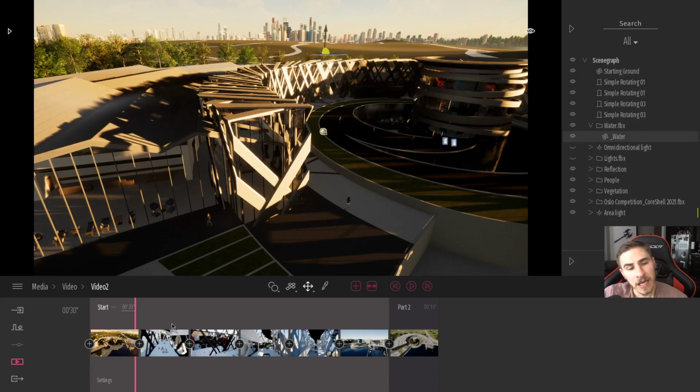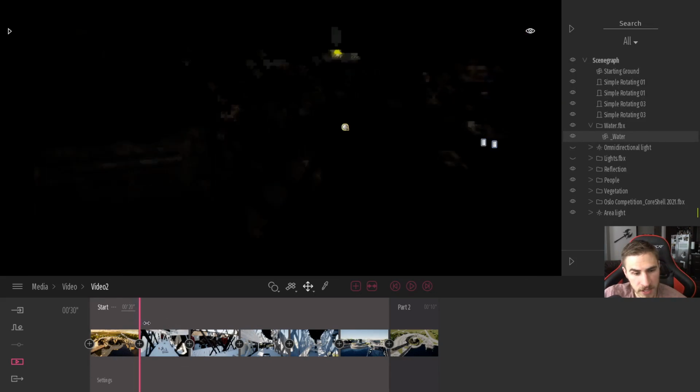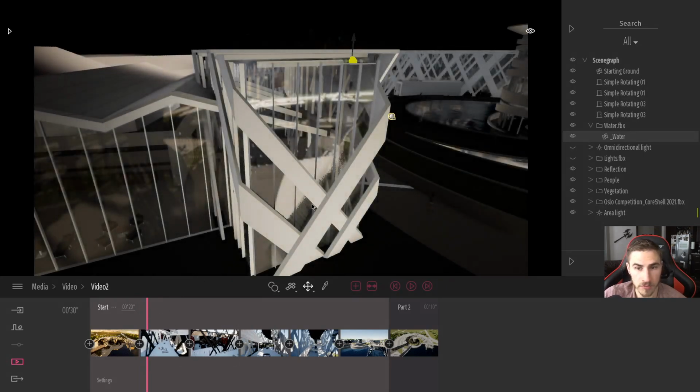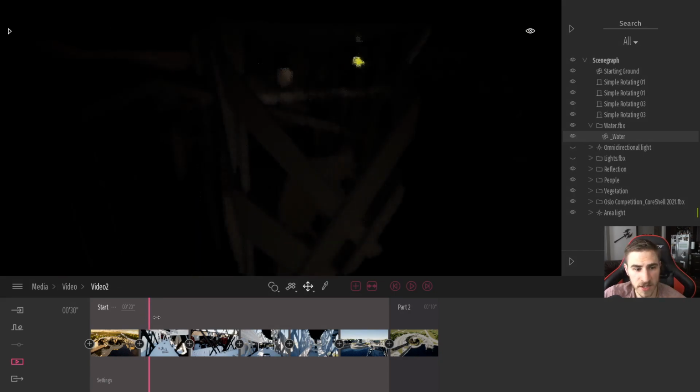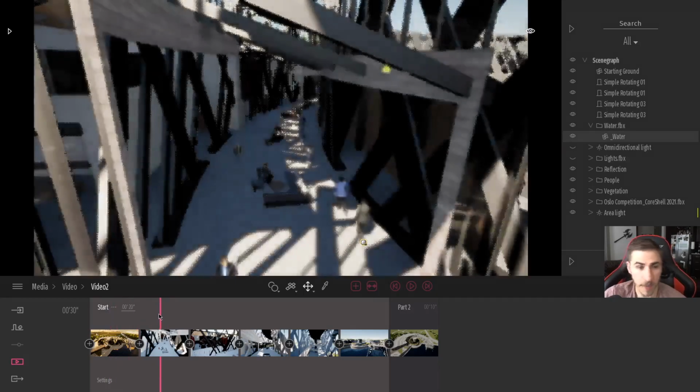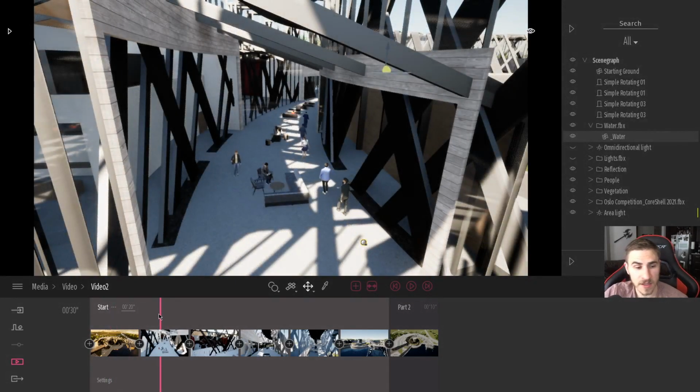And so as I get to this next clip, you can see that all of that information as far as ambiance goes is now fully static. We're at this point. And so it's essentially transitioning from this time of day to that time of day, for example. And it's doing the same thing with all the effects. And so that's great, except that it can be a little weird, a little confusing.